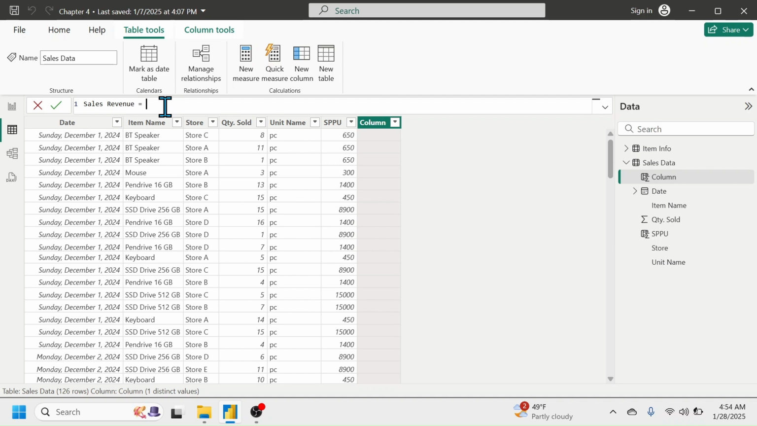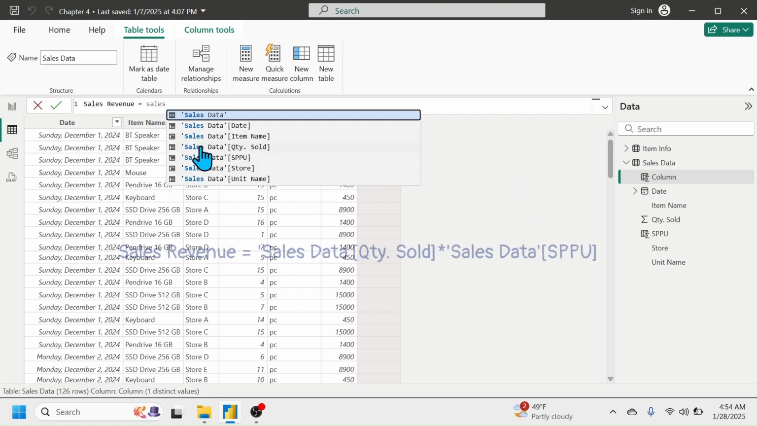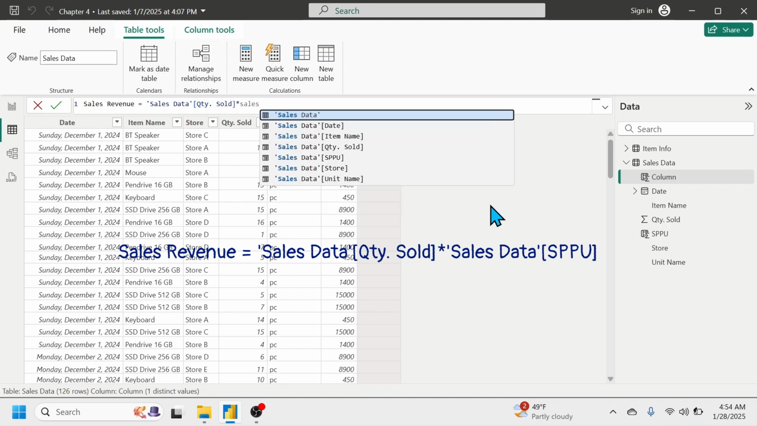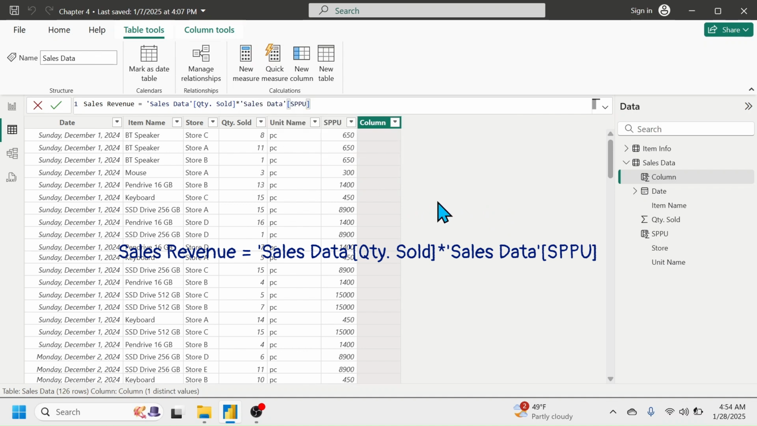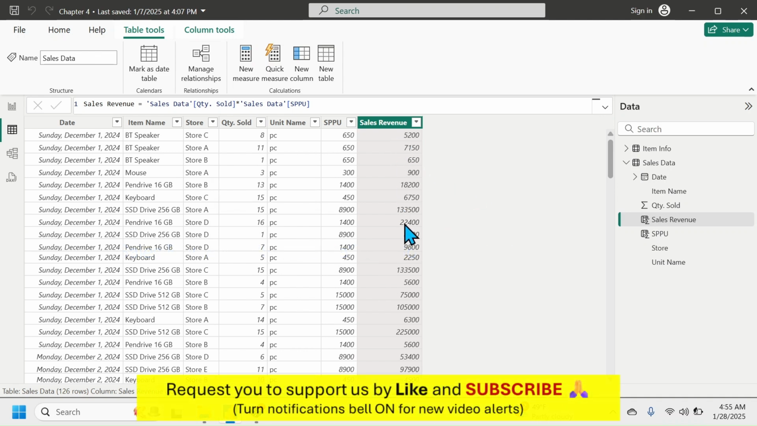Sales revenue equals, now we have to multiply the quantity sold column with the selling price per unit column. For that, type here the table name, that is sales data. Then choose this quantity sold column of sales data table. Put the multiplication symbol. Then again type sales. Select this sales data SPPU column. Then press enter. And here you see the sales revenue column is generated by multiplying the quantity sold with the